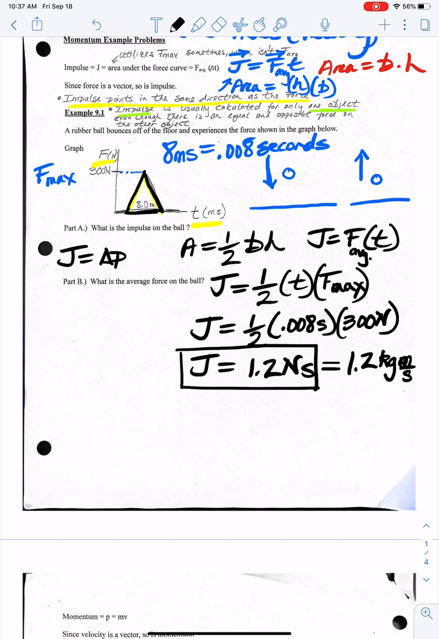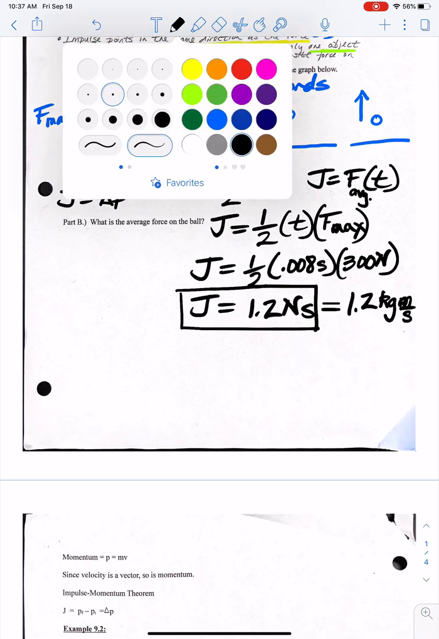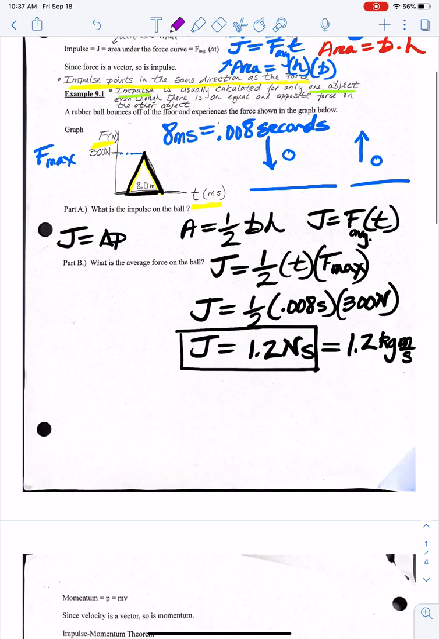All right, what is the average force on the ball? If we go back up and look at the diagram here, let's get a different color. We know that over this time period, there's a value of a force. Whoops, that was supposed to be dotted. Oh well. There's a value right here of some average force that could have